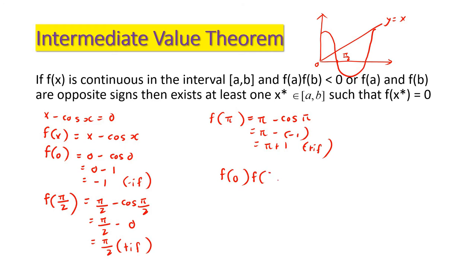You want to choose f pi over 2. I want to choose pi or 1 or 2, any number. You can just change it. Let's say pi minus cos 1, you calculate it. If this is positive, then according to the intermediate value theorem, f0 times f pi over 2 or pi, you get positive times negative, so the result is negative, which is less than 0. Therefore,